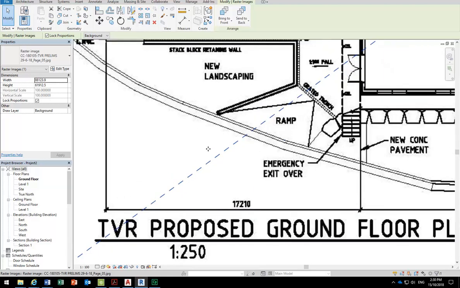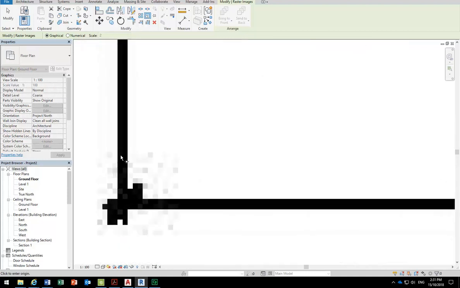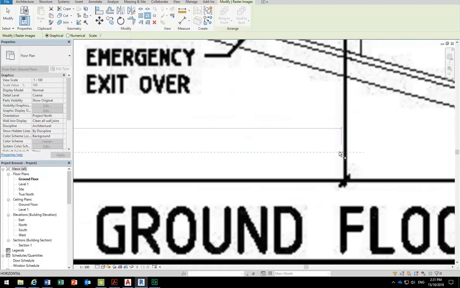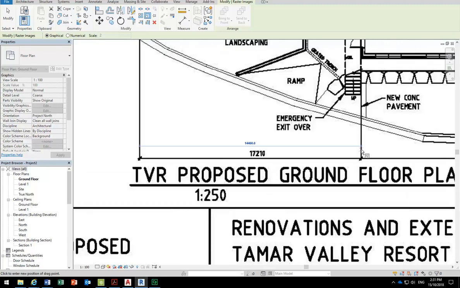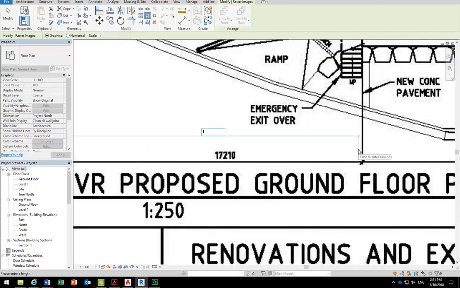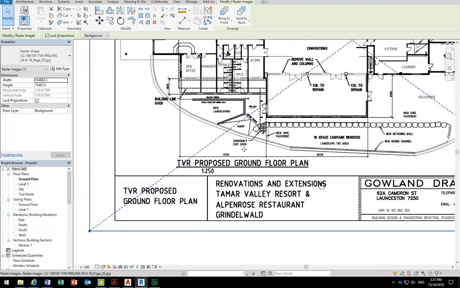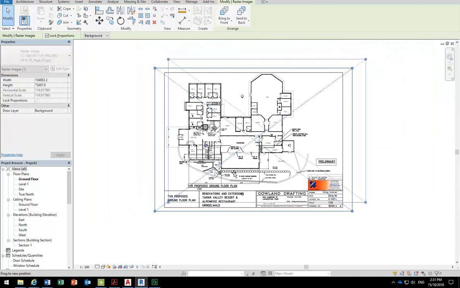So I've got the image selected, and I'm going to click Scale. And then I'm going to zoom right in and get the centre of that dimension line on the left. And then come over to the right and get the centre of the dimension on the other side. And then simply type in the measurement that it should be, which is 17,210. Enter. Okay, so that's, it did change slightly, so it's scaled it a little bit,